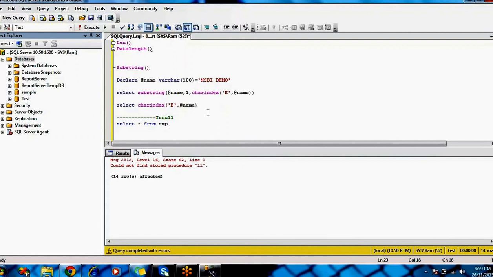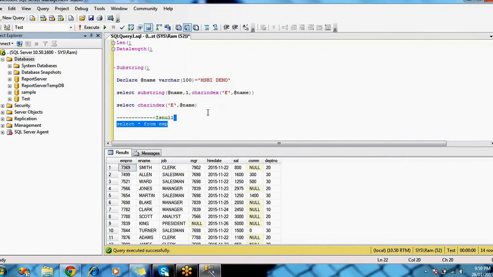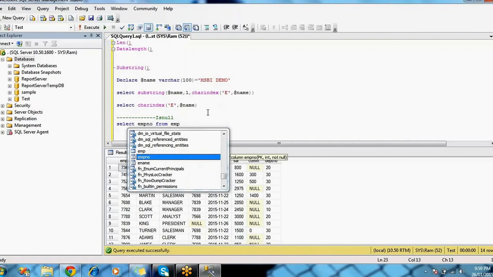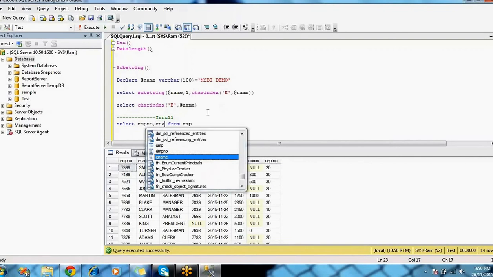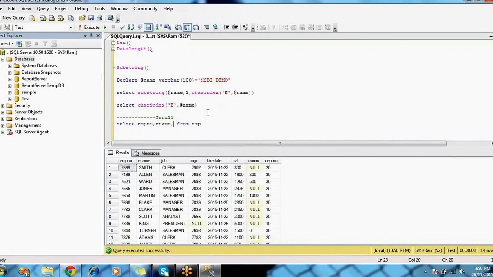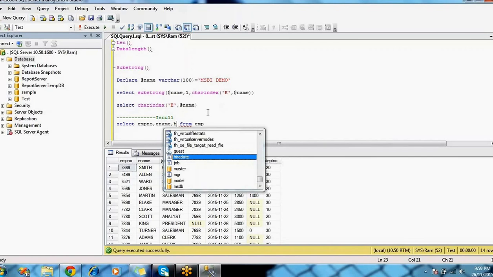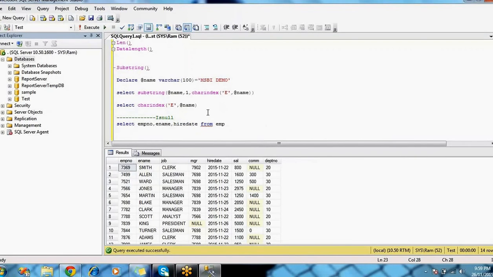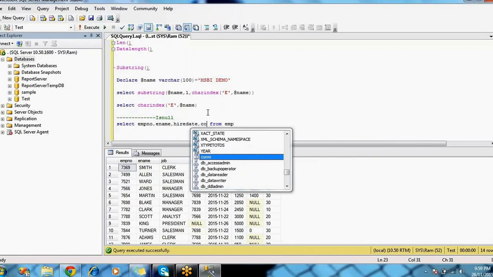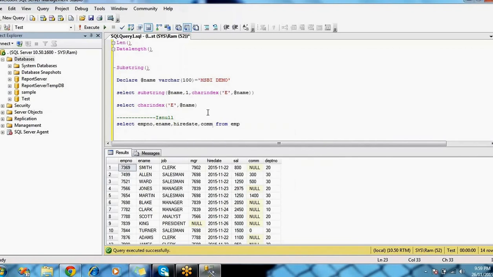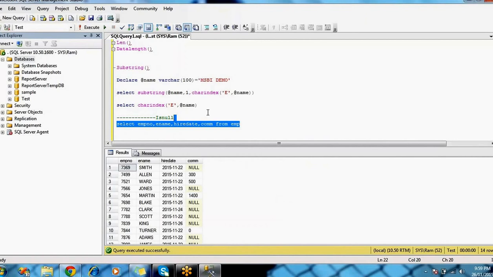The columns are employee number, employee name, hire date, comma, commission, right?